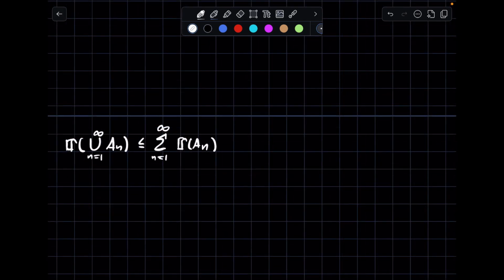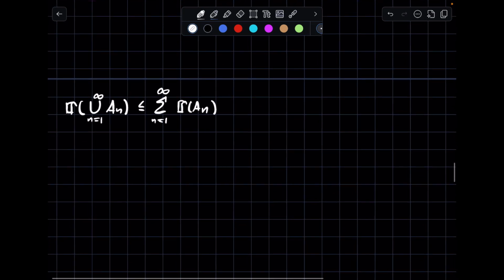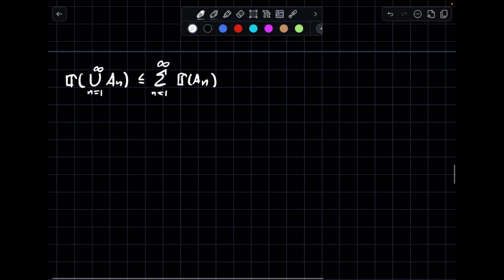Okay, so this one is a bit more challenging. We have to basically work with disjoint sets. So in this case, what we want to prove is that the probability of the union from n equals 1 to infinity of A of n is lower or equal to the sum of the probabilities of A of n. What we do here is we first declare a set B,